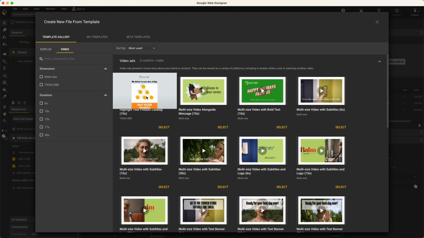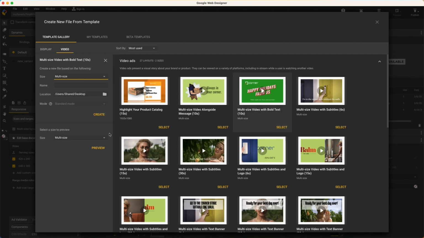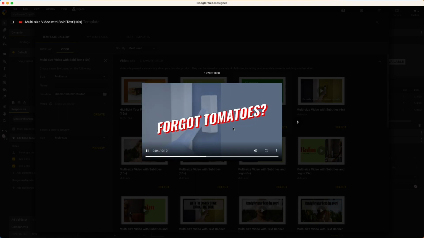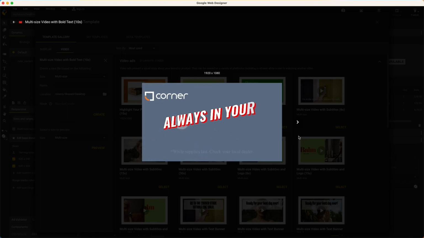For all these templates, you can get a quick idea of the content just hovering over the thumbnail, and you'll see the creative play through completely in a continuous loop with audio muted. For any template, click Select, and you'll see the side panel where you can preview the template in more detail. The video starts playing immediately in the preview overlay. Hover for the usual controls like playback, volume, full screen, and more.